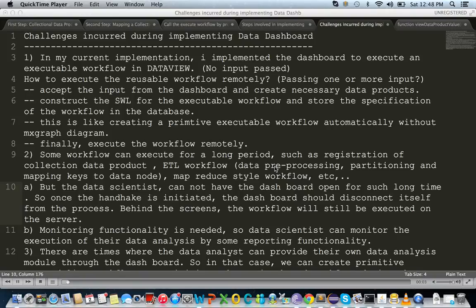In this video, I will discuss some challenges incurred during implementing the data dashboard and some possible improvements that could be done to the data dashboard. So the first thing that I see in my current implementation, I implemented the dashboard to execute an executable workflow